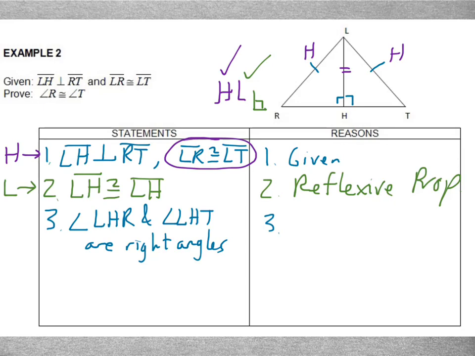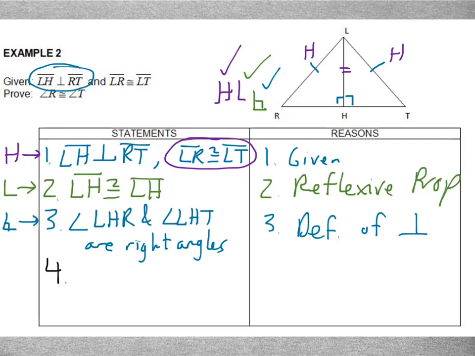So, what's my reason for that? Well, at the very beginning we were told that those were perpendicular. LH is perpendicular to RT. The reason those are right angles is because that's what perpendicular means. So the reason for this statement will be the definition of perpendicular. Alright, so since I've established everything I need for HL,